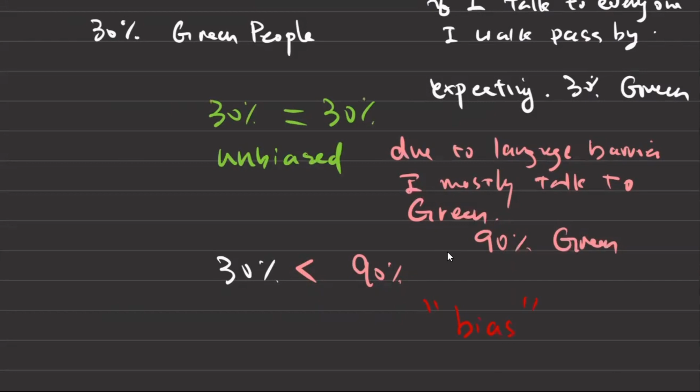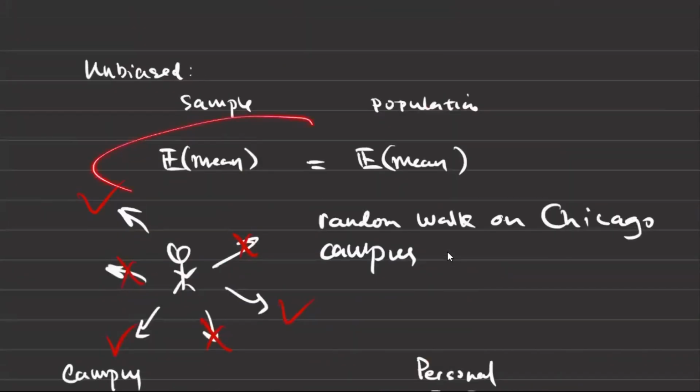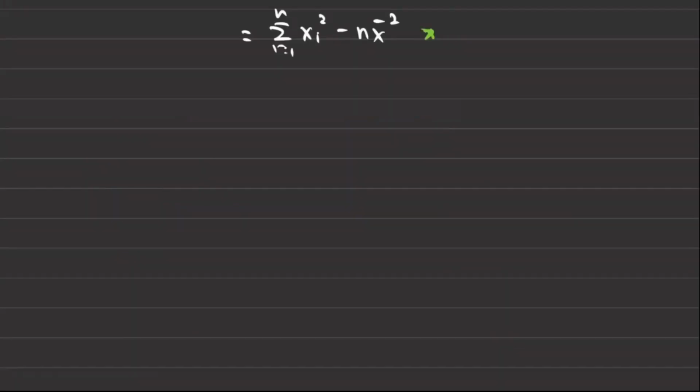So hopefully this gives you the intuitive understanding of why we want to establish this mathematical statement. And that serves as the fundamental key approach for us to explain Bessel's correction. So we want to know the expectation of that, because that is how we know if something is biased or not. So we start with the expectation of s squared, and that equals the expectation of the sample variance, which is